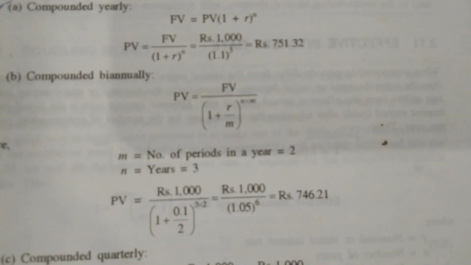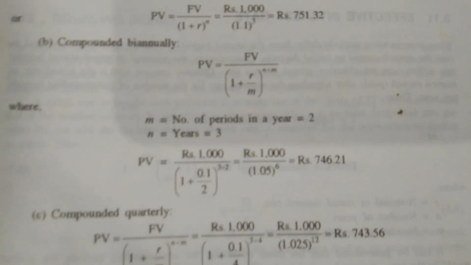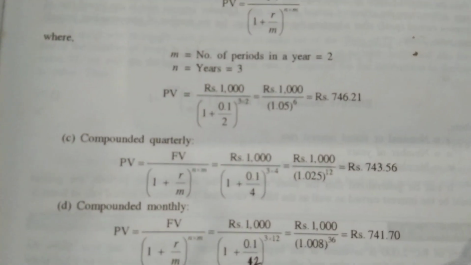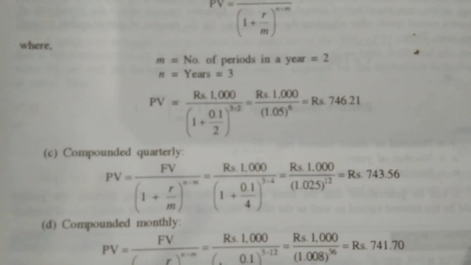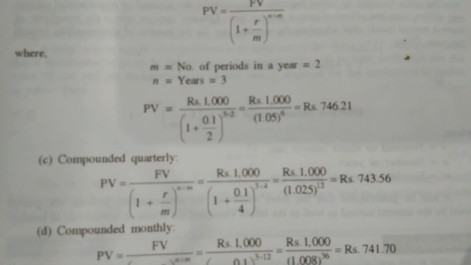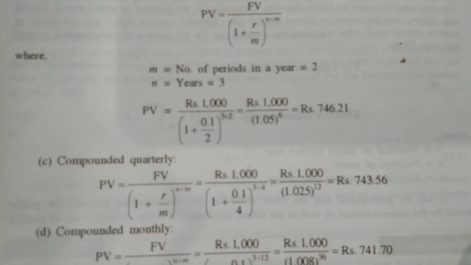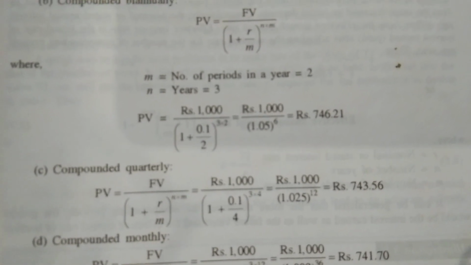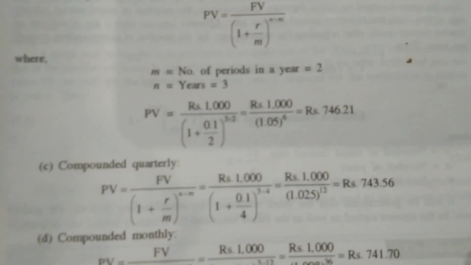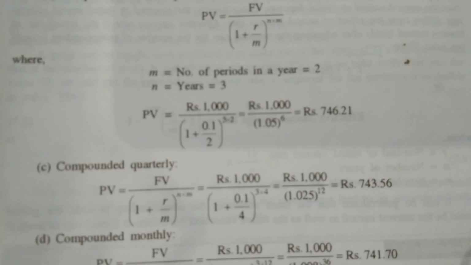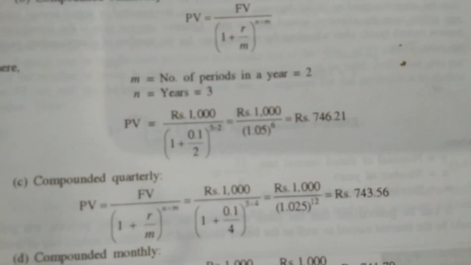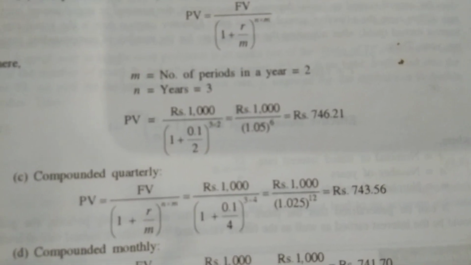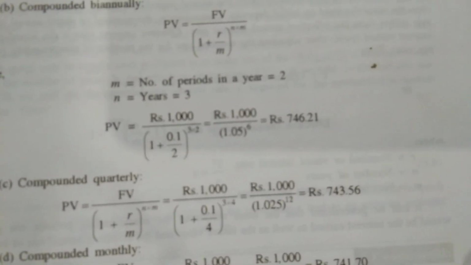The value becomes 746.21. Compounded quarterly. Quarterly means 4 times, therefore the value will be R by M, that means 0.1 divided by 4, it becomes 1.025 after adding 1. And what will be n into M? N is 3 and frequency is 4, automatically the power will be 12. And finally it will be 1000 divided by 1.025 to the power 12,